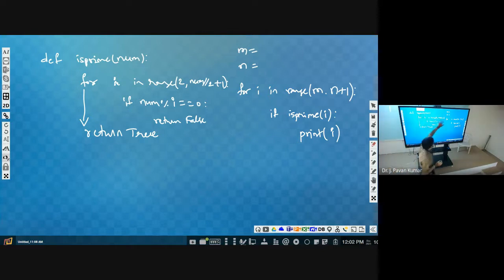After defining this function only, you should take m value, n value, then you can use this loop to repeat. This is m comma n plus 1, then you can use this. Then you need to give one more name, right?